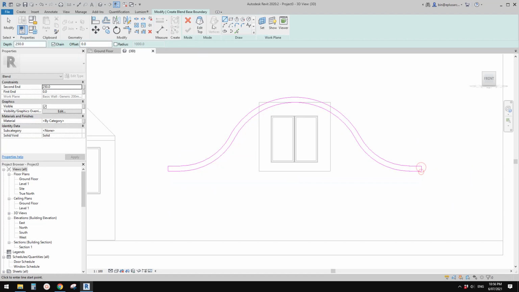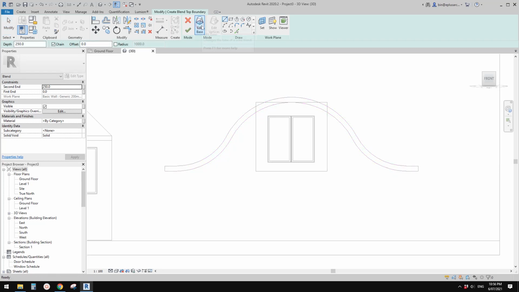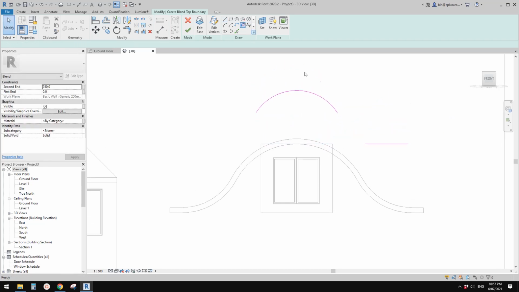Okay, and then we need to create another one. So this one will be the one on the top, so I'm going to edit top. So maybe let's try to just draw another one. So we're going to draw it maybe slightly smaller. I'm not sure, so I'll just roughly draw it and see how it looks. Okay, and use the fillet,